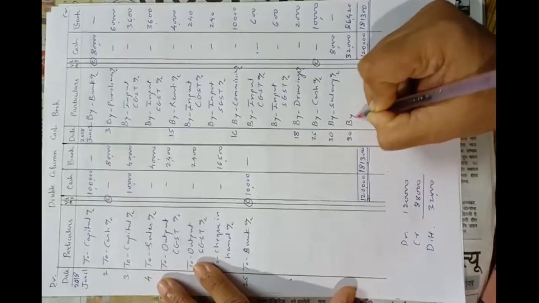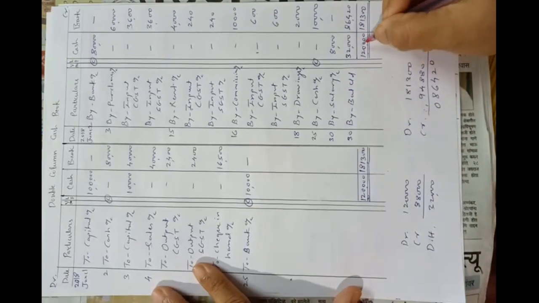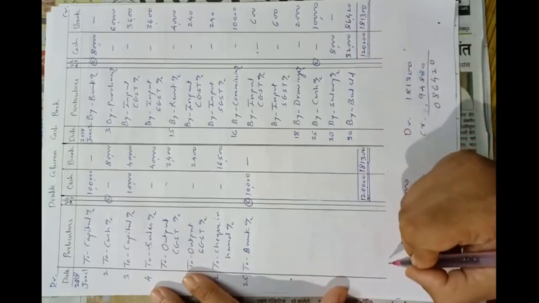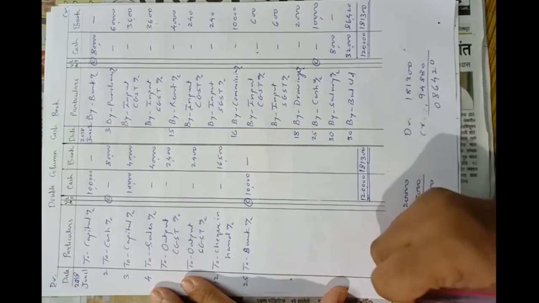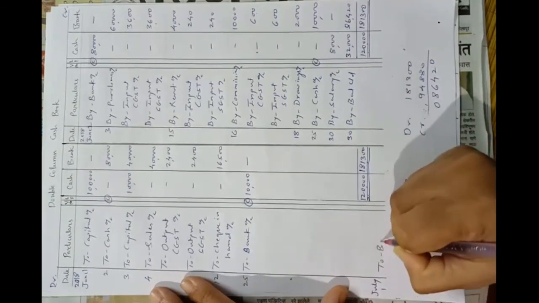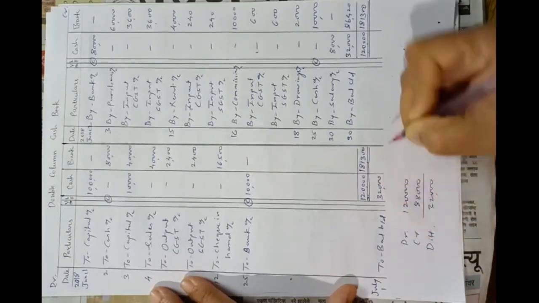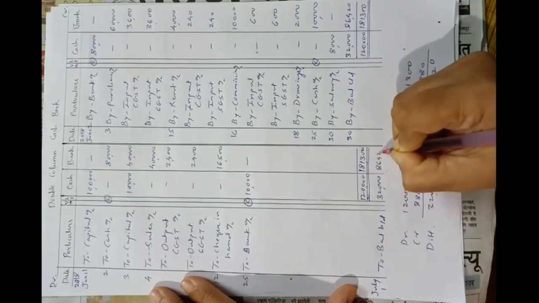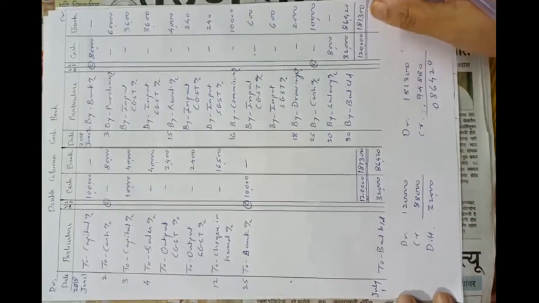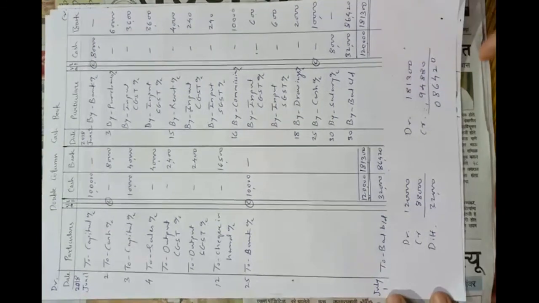On 30th June, by balance carried down. Cash balance is 32,000. Bank balance is 86,420. It will be brought down on the first day of next month. After June, it is July 1st. To balance brought down, 32,000 cash balance, 86,420 bank balance. In this way, they will start entering the transactions in the month of July in this double column cash book. Okay.